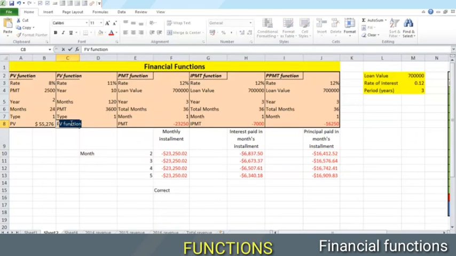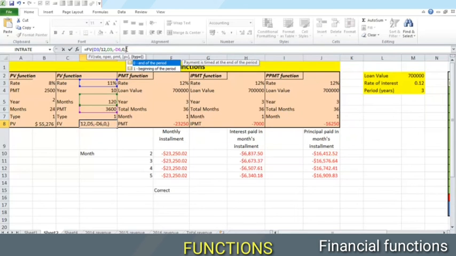Here we are looking for the future value. Equal to FV, and then we apply arguments similarly. NPER is the periods after which we want to find the value. That will be the future value. The payment at that time, the present value, we have assumed it as starting with 0. And the type is 1. As you can see, 1 is for the beginning of month calculations, 0 is for end of periods. So we have used 1 here.